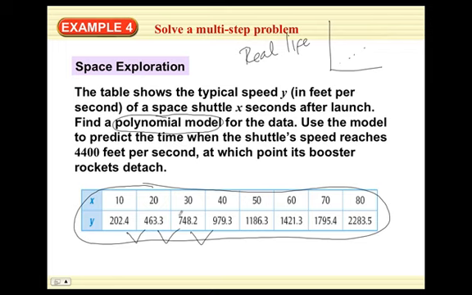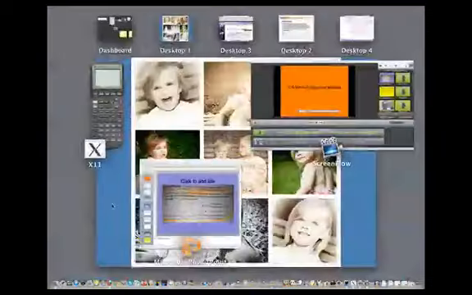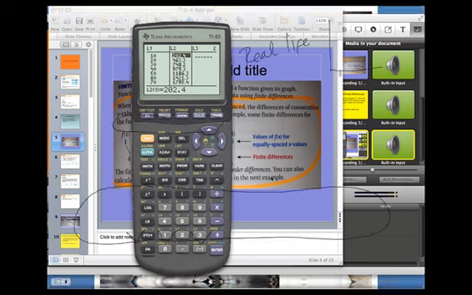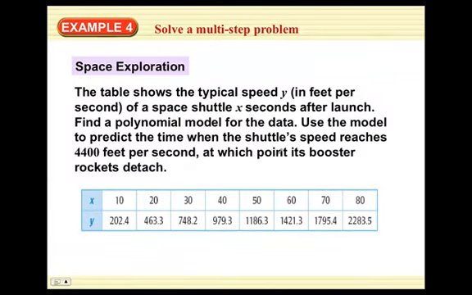We plotted points on a graph before in our calculator, so let me give you a refresher on how to do that again. First thing you want to do is hit stat, hit edit. In your list 1, you want to type in all these numbers from the table that they gave you. List 2, all the y values from the table that they gave you. Okay, so go ahead and take a minute to do that. You can pause it, type them in. Alright,